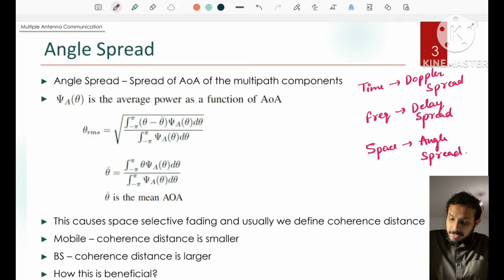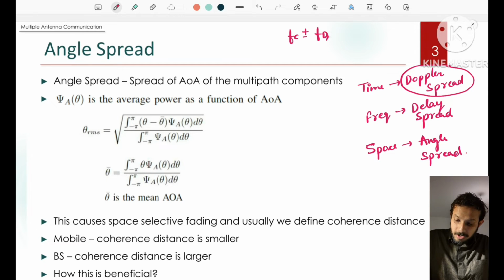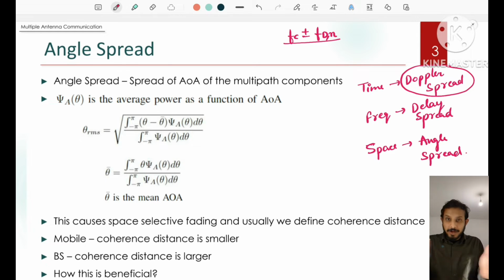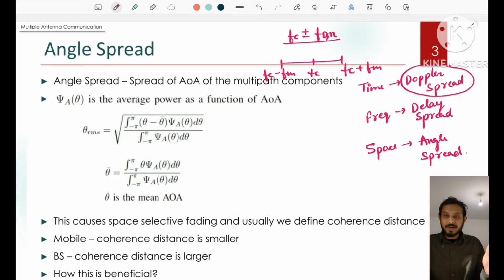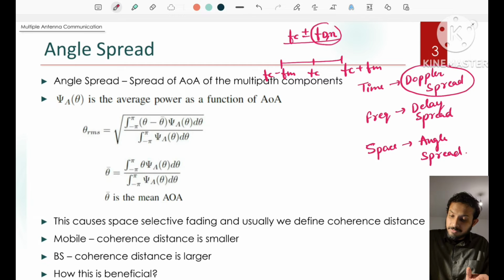The Doppler spread means the frequency is now fc plus minus fd,n. That means we have a spread in frequency. The received signal now has frequencies of fc plus fm and fc minus fm. That means we have a spread in frequency, and since this is due to the Doppler frequency,